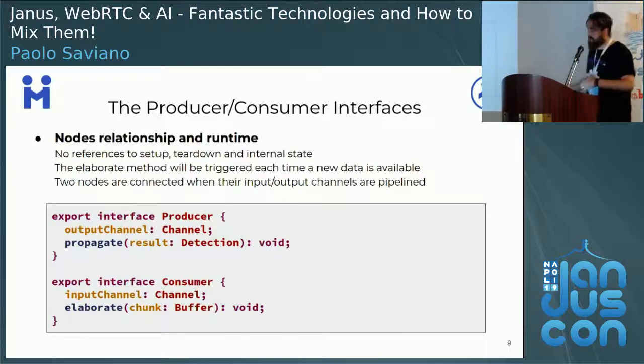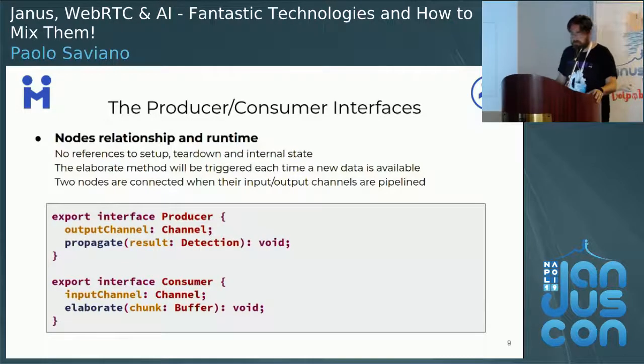But as I said, the nodes could have different roles, so we need to expose additional interfaces, the additional interfaces we mentioned before. If a node has the output channel and the method used to write data into this channel, it is a producer, and the same goes for the consumer interface.